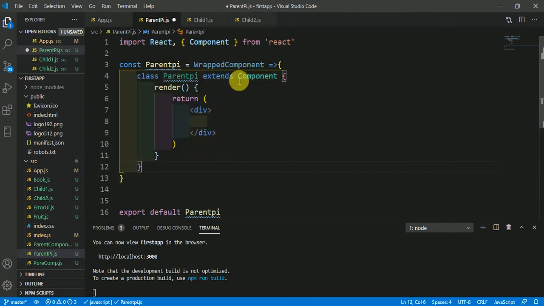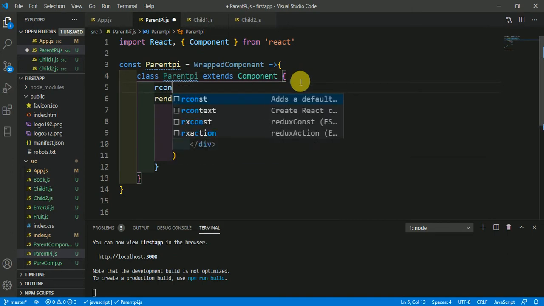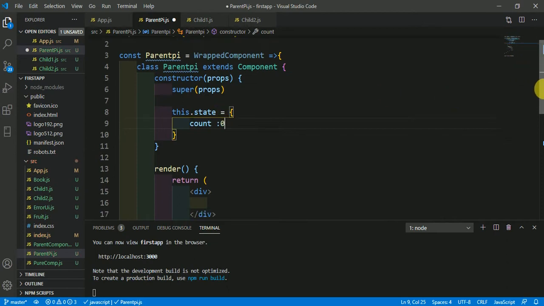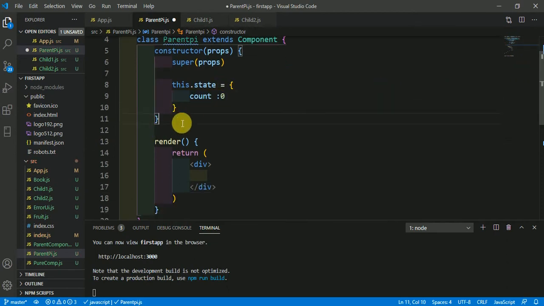Now we have to make the logic of increment. To do this we have to make a state here. So we have to make a state in the constructor. So here, count is 0 and we are going to increment this count. So here I am making a function incrementCount. I am making an arrow function.